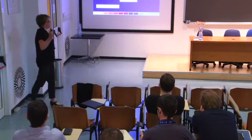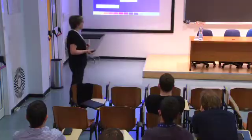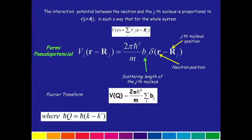So now we have to think about that potential. It always happens that we don't know exactly what the potential is, so we need to find a model. A good model that gives good results for this kind of scattering is the Fermi pseudo-potential. This potential depends only on the position of the nucleus and the position of the neutron, only on the relative position of the particle and each atom in the sample. With that big supposition, for each atom in the system,